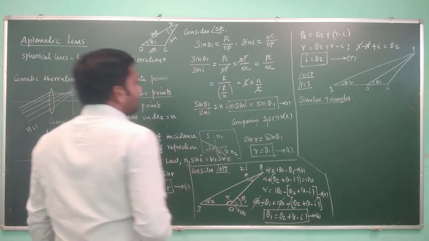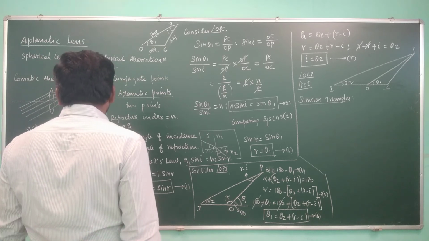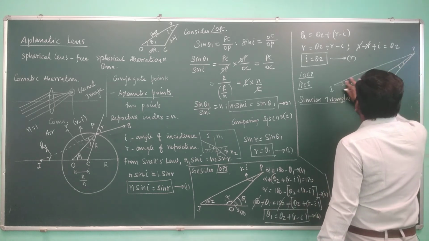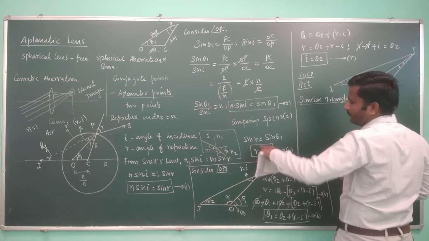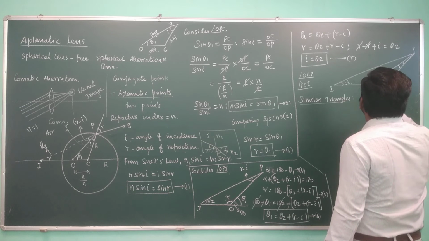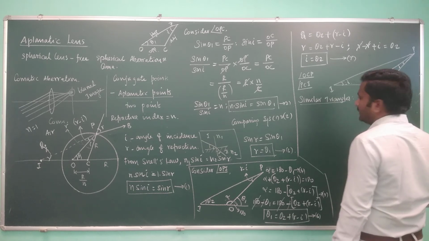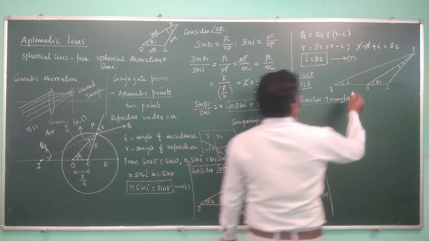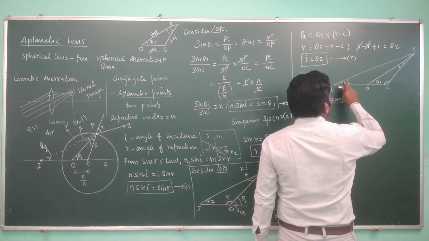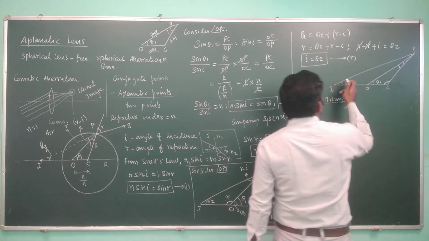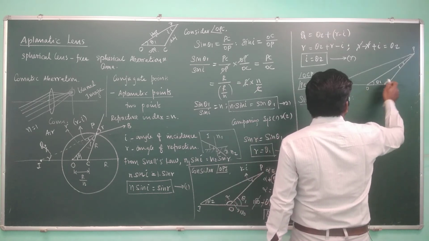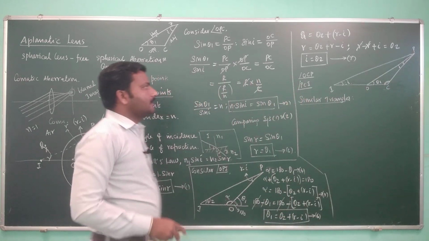Here how can we say that the triangles OCP and PCI are similar? Because here we have i, and this theta 2 is also i. Theta 2 is equal to i. Fine, right? Then one angle is equal. For the other angle, for these two triangles, this angle is common. So one angle from this triangle is equal to one angle from the second triangle, and this angle is common for both the triangles, so you can say that these are similar triangles.